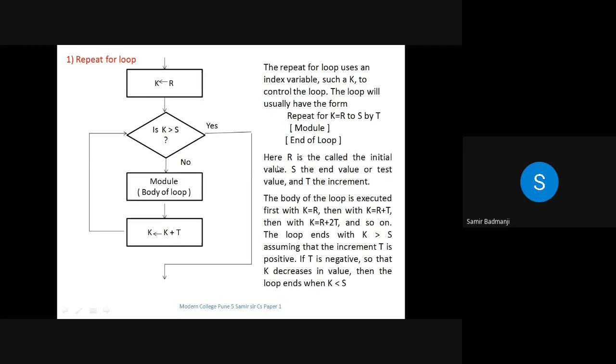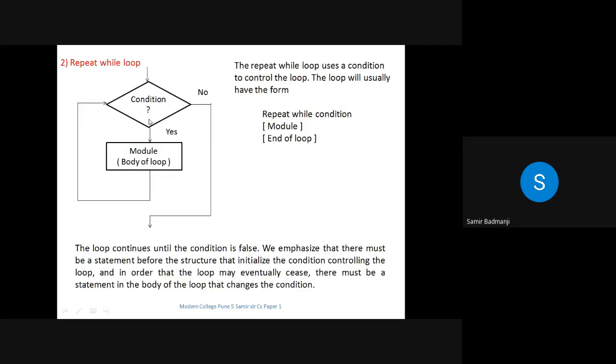Okay. Next is while. While the condition is true, it will keep on repeating this loop. If the condition is false, it will not go inside, it will directly come out. So for the while loop, initialization of the variable before the while loop is necessary, and to increment or decrement, you have to write it inside the while loop.